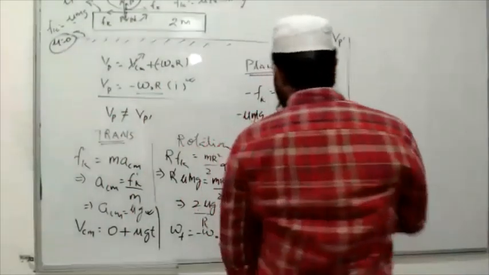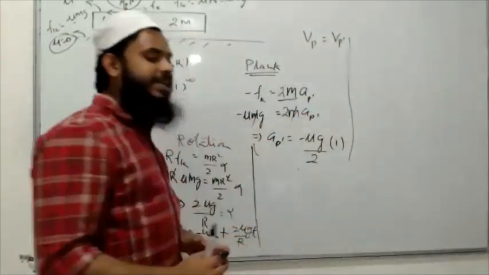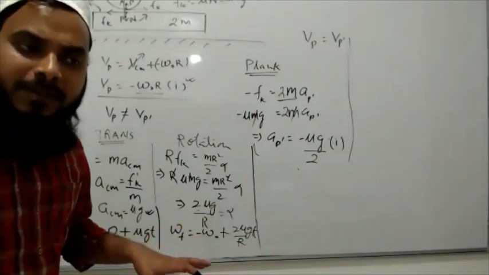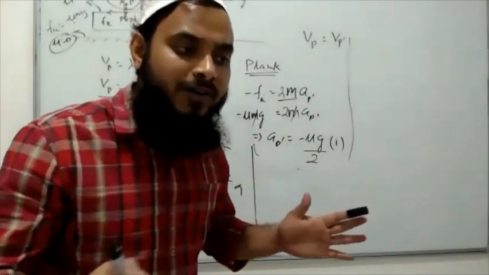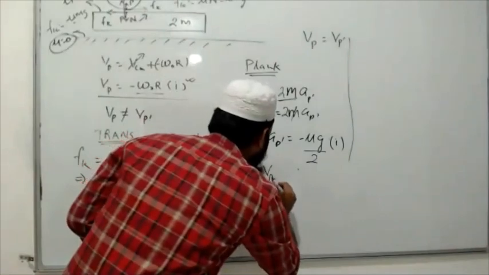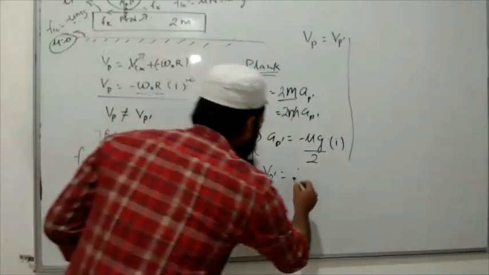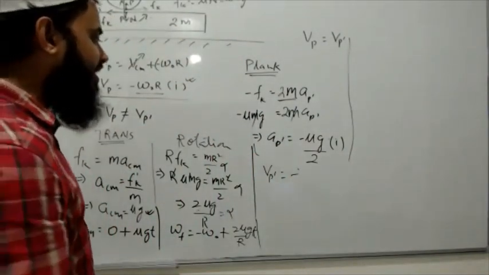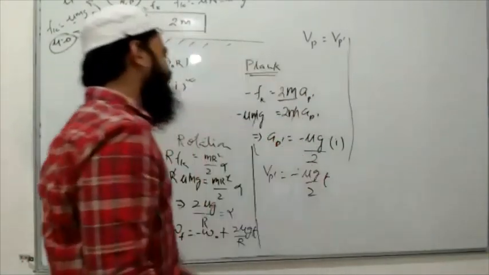Now, if I calculate the velocity of the point of the plank after time t, I am assuming that after time t seconds the velocity of all the points will become equal, and the slipping stops. So from here you can calculate the velocity of the point P dash after time t. Initial velocity is 0. Final velocity is minus, in the negative direction because the force will be in the negative direction, a into t. So a will be mu g by 2 into t. This is the final velocity.